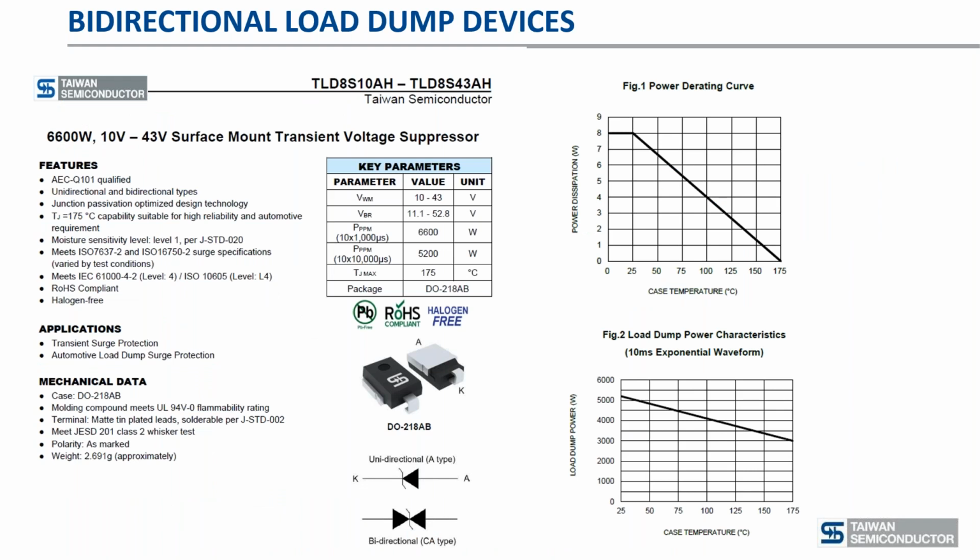What is happening here? We are introducing bidirectional low dump devices. By the way, we say low dump. It's not that these things are in the past when alkaline batteries disappear potentially from electrical vehicles. We're seeing a lot of things in electrical vehicles like circuit breakers or e-fuses and that type of stuff that